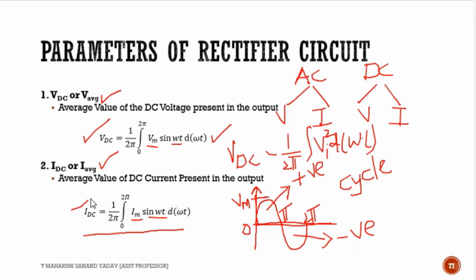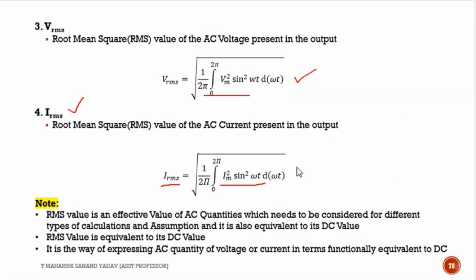If you remember only one thing, the other things you can also easily remember. VDC and IDC both are equivalent. Just you need to change the term, and VRMS and IRMS will be the same. So note, why IRMS? Because AC is alternating in nature, that's why I want to consider an equivalent with the DC. I am considering it as VRMS and IRMS. Simply I am considering the AC component which is present. Okay. So we are done with 4 parameters.